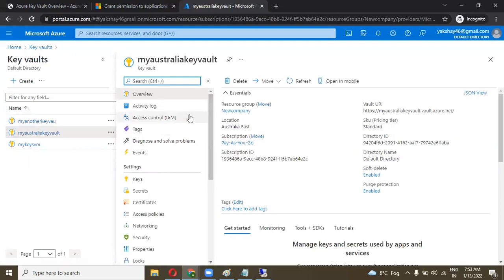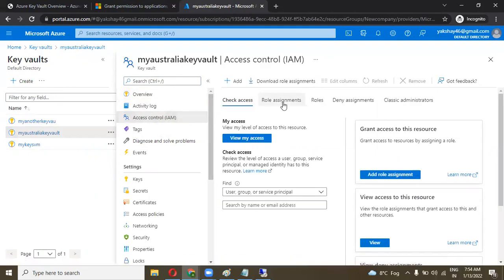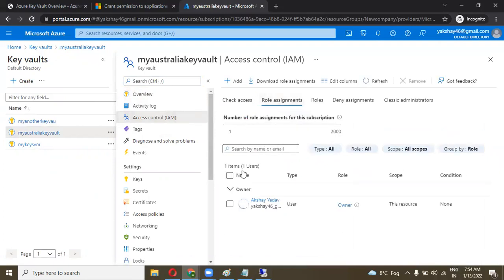So we need to assign a role in the access control panel in role assignment, and you have to assign a role over here by clicking the add button. So you have to assign a role on your ID, or you can assign any remote ID over here if you want to give access to your key. We will go deeper further when we start the key vault feature or the security sessions.